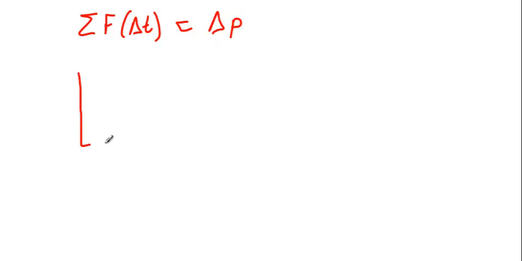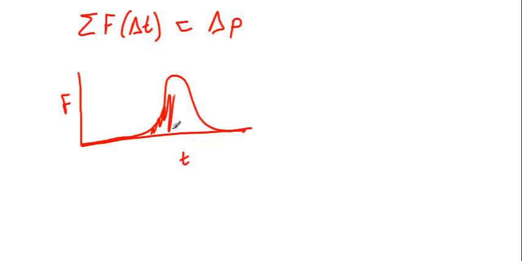So if you think about this, since net force times time is equal to change in momentum, there are a couple of different ways we can alter something. You can use a really big force over a very short amount of time and get a pretty big change in momentum. Generally that's what happens in a collision. The forces are nothing and then the objects smash together and you get this big giant peak of force. So this is force, this is time, and this right here is that force that acts over a short period of time and causes a really big change in momentum.